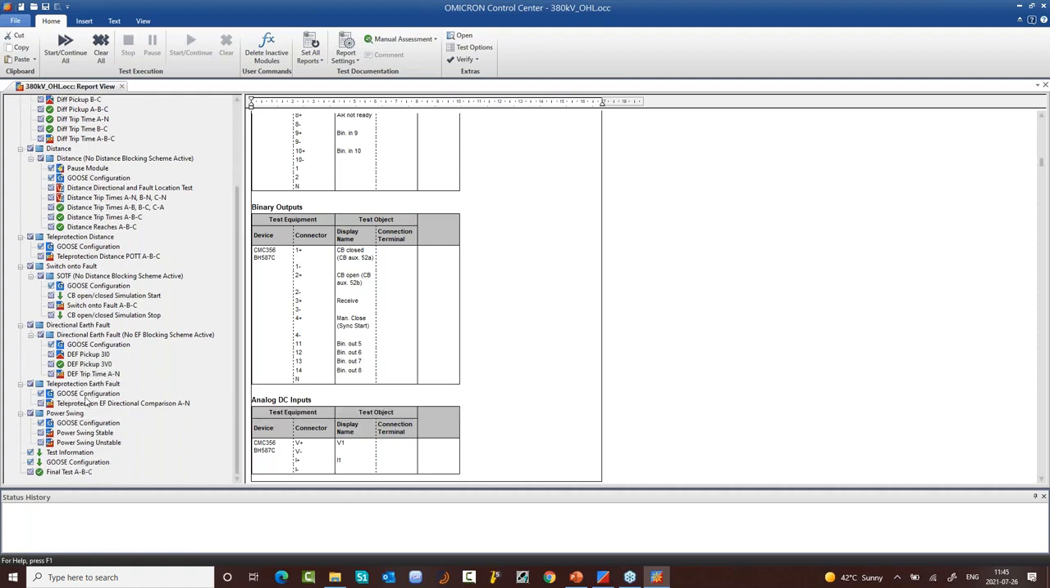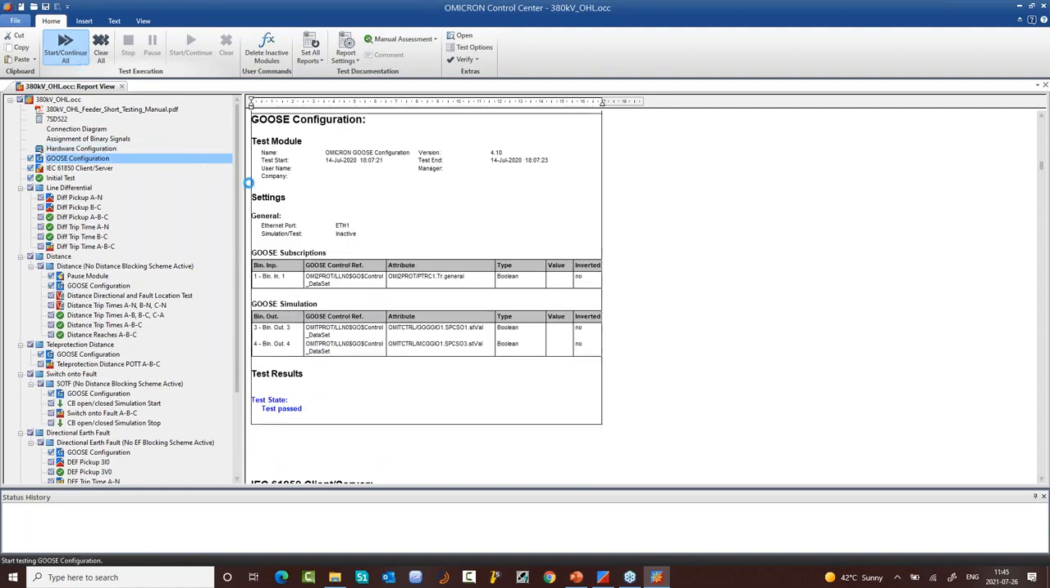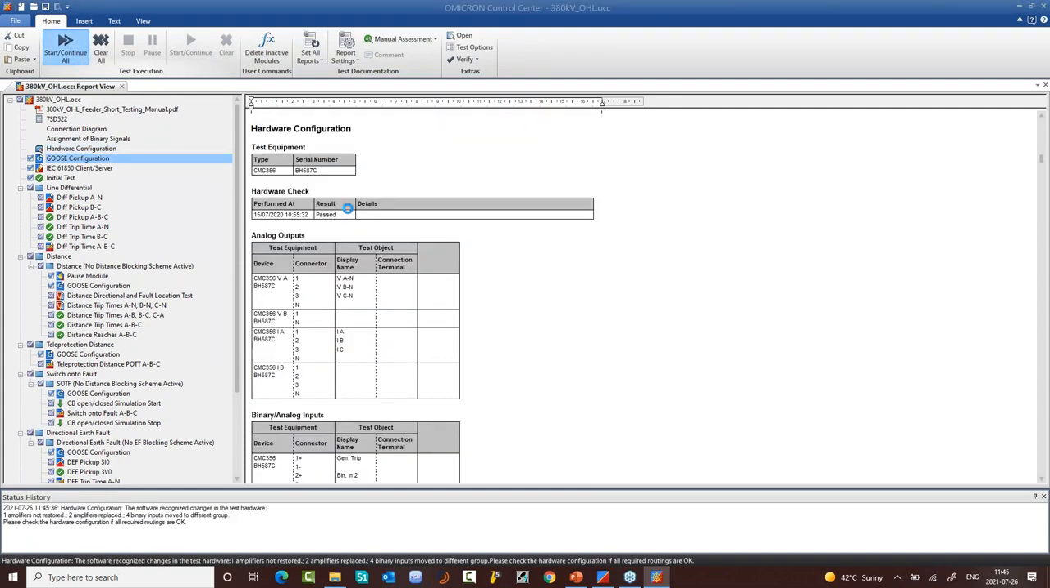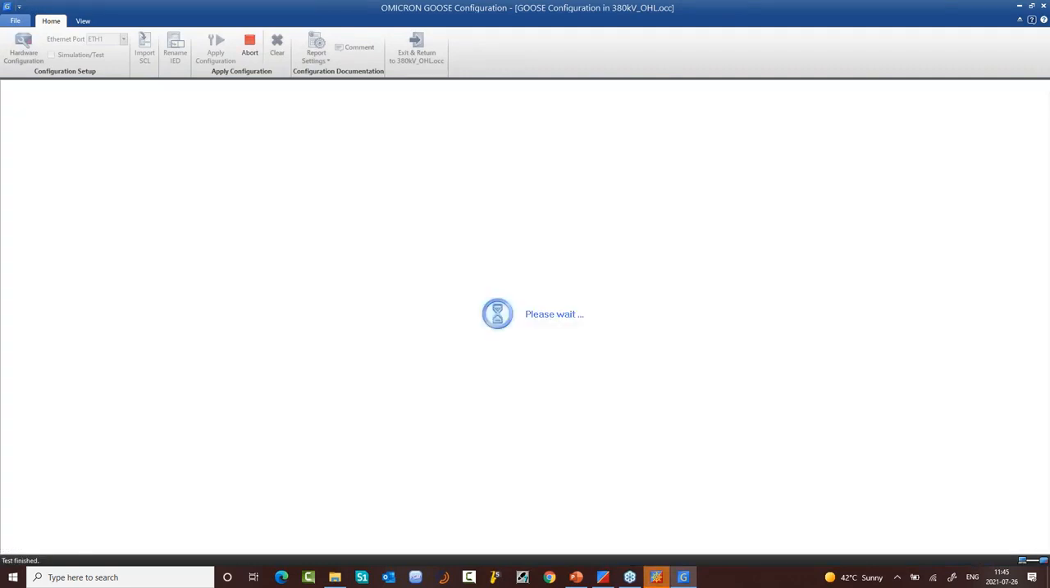I have also here teleprotection with directional fault. I have the power swing, and this is my test plan. Let's see the power of automatic testing. Just click start. It will start already with applying the GOOSE configuration test module to assign the feedback by GOOSE messages